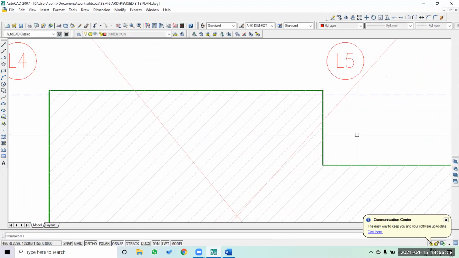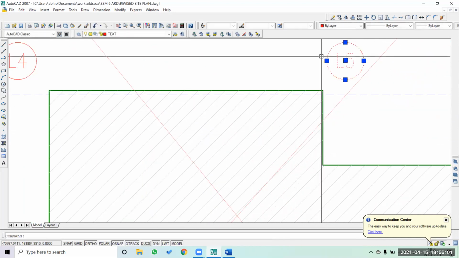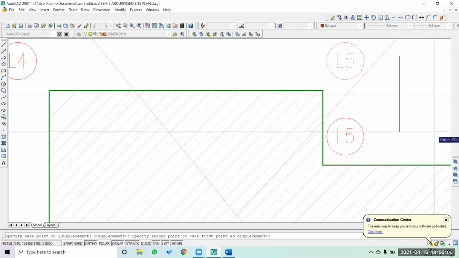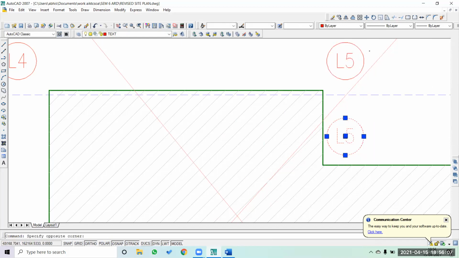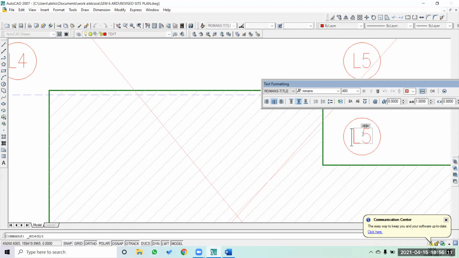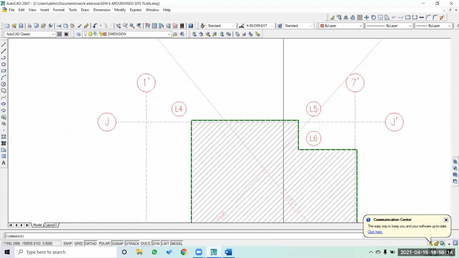Okay, no, it has selected, I have to select it like this. Keep it aside a little bit so that we can dimension it later on.